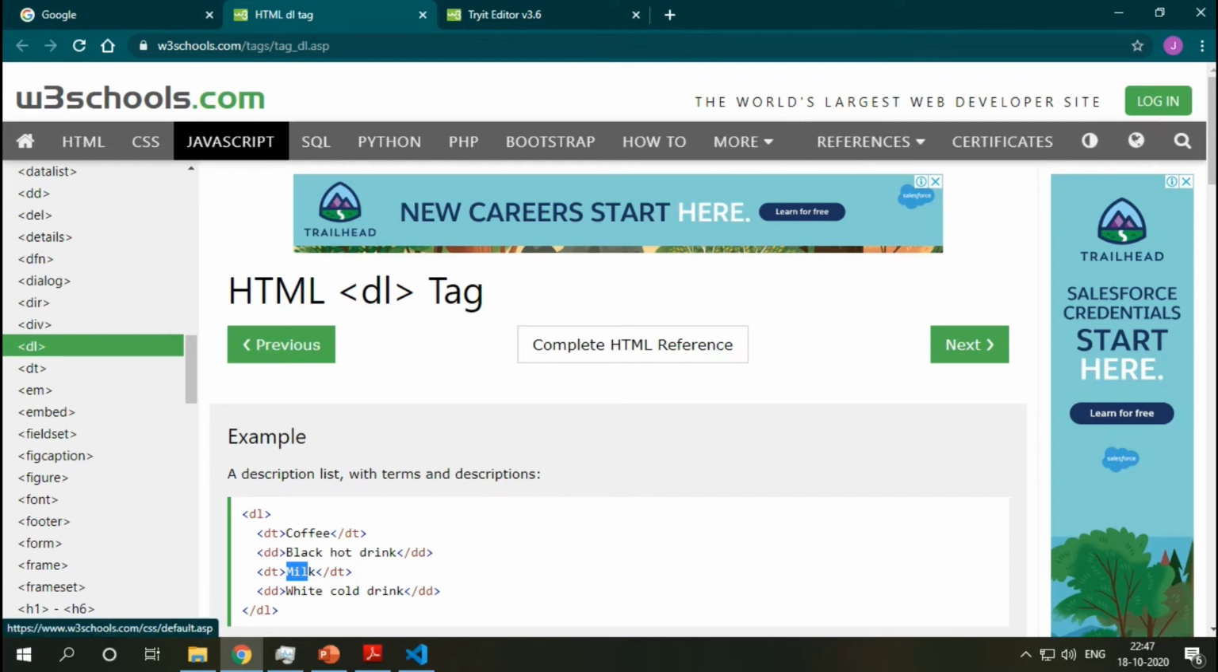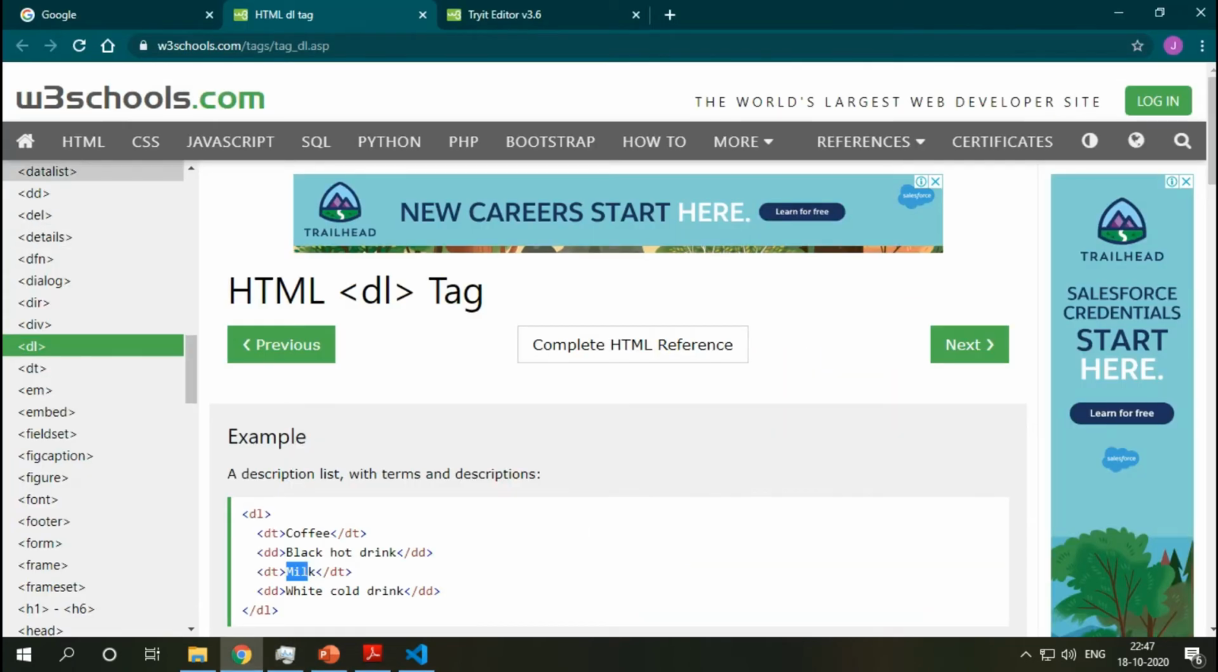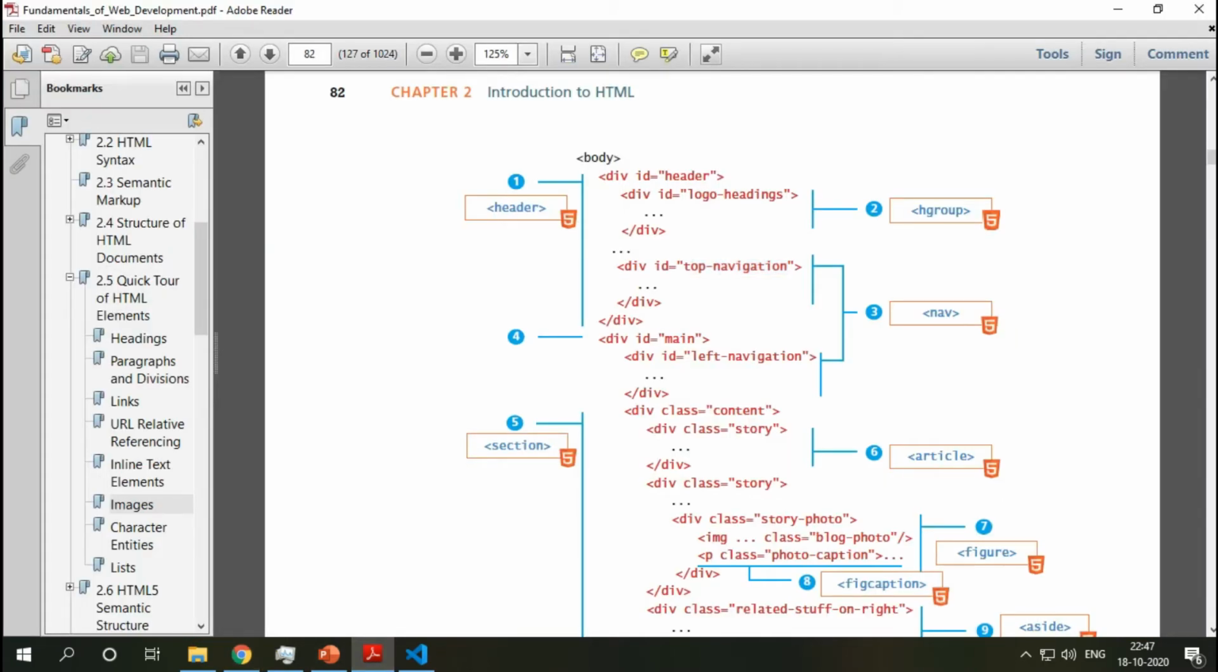See here, this is your navigation bar, where you can move to different pages from this page. After that, they found that you have left navigation. In some pages we have this tree structure, which is what left navigation is. Then they saw there is a main class, a main division, that contains